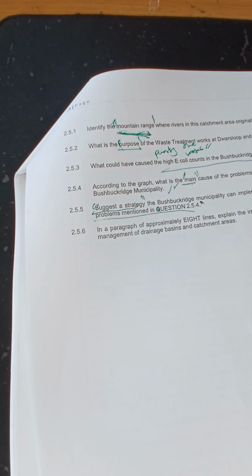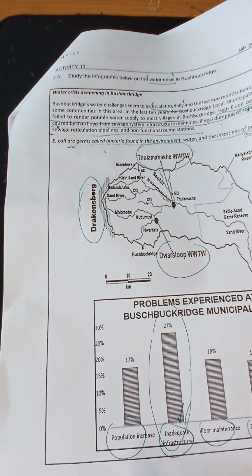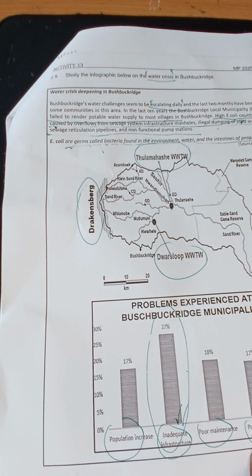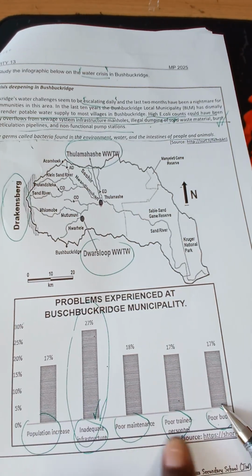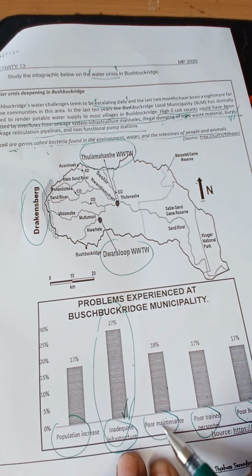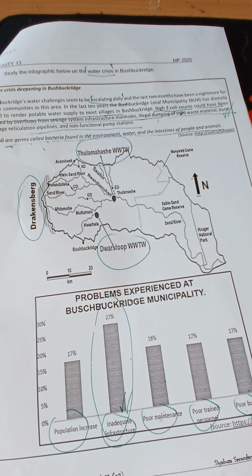You need more trained personnel. Increase budget. Trained personnel. Better maintenance. Fix leaked pipes. You can also accept family planning, because when you are looking at the causes, there's population increase, which means natural population increase. There's a high birth rate, so we also have to consider family planning. So it's a matter of: if we train more personnel, if we increase budget, if we maintain. Okay, that's basically what we're talking about. Trained personnel, better maintenance. So we are just writing the opposite of what is here, as solutions to improve the problem that has been